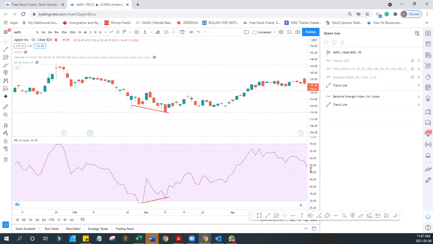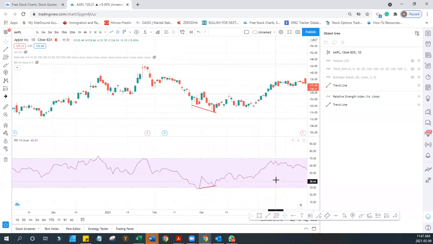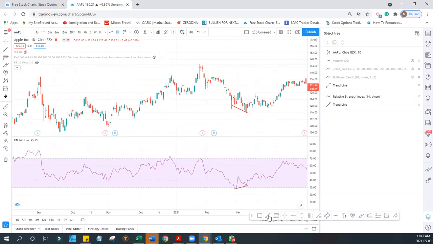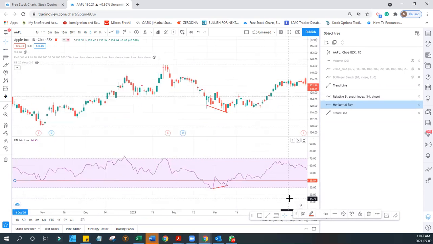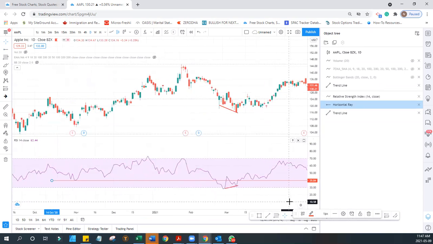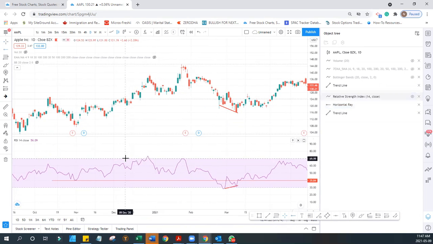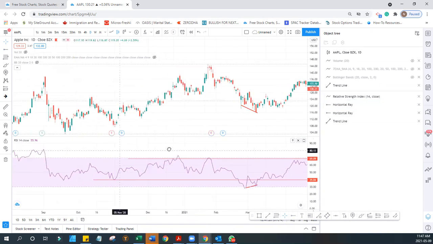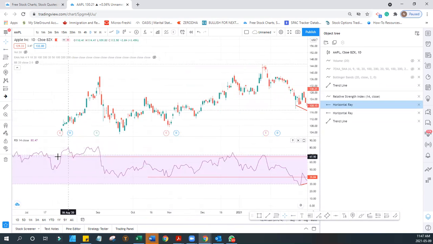If you want to use the RSI, you can put a small line like this here. This is your support level for the momentum. So if you see the price goes up, and this is like resistance. Let's put the resistance as well. This is your resistance for the RSI here. Now if you see here,